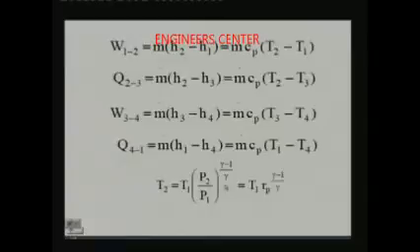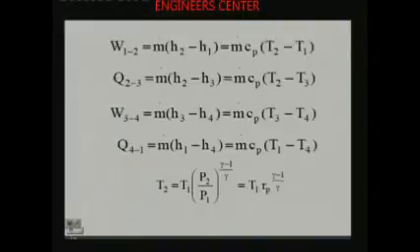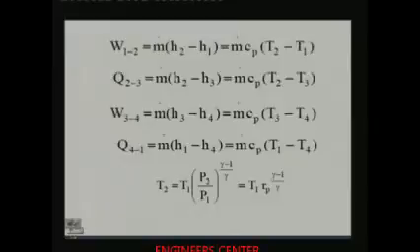Now we can quickly write the equations for various processes. For example, for process 1 to 2, we are simply applying the steady flow energy equation. We are neglecting changes in kinetic and potential energies, so these are the two assumptions. Apart from that, we are following the cold air standard cycle analysis, that you must always keep in mind for this lecture. So for process 1 to 2